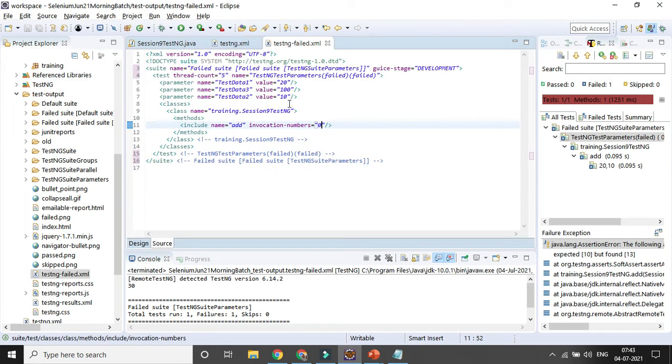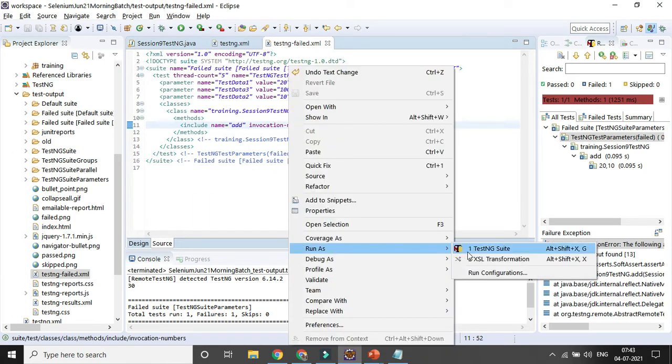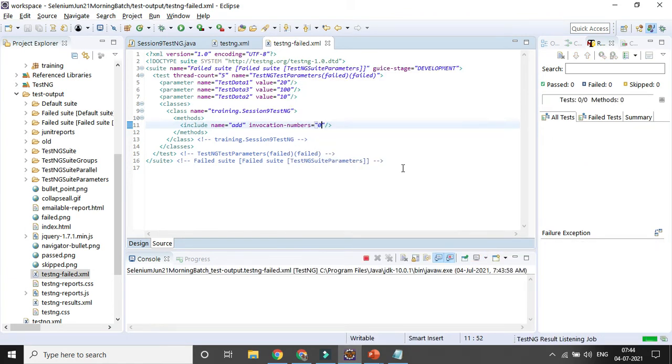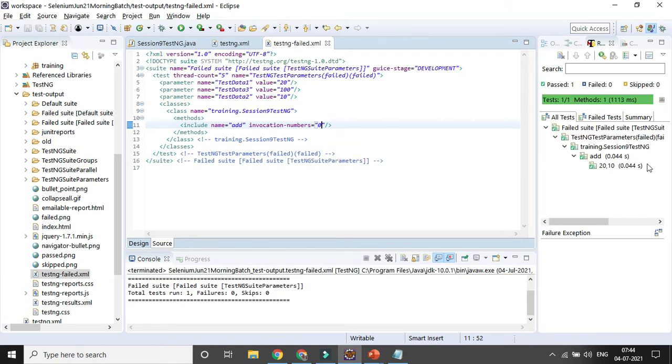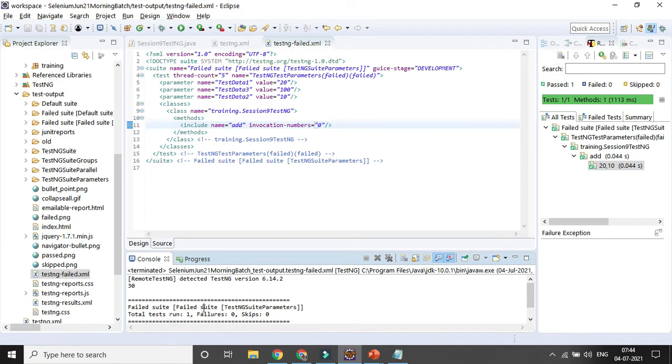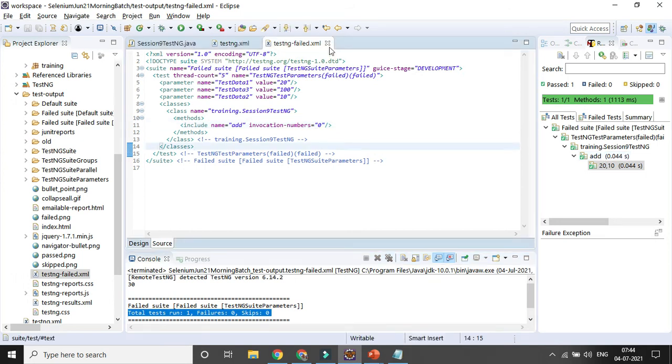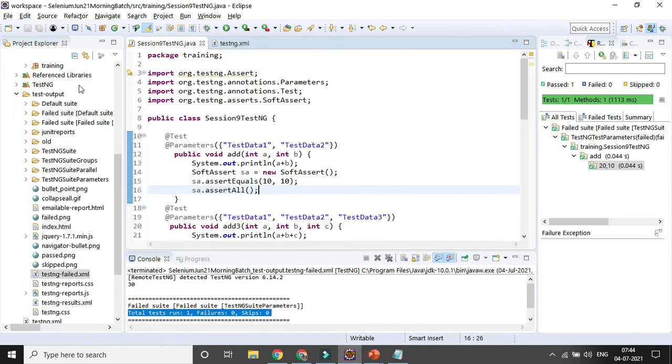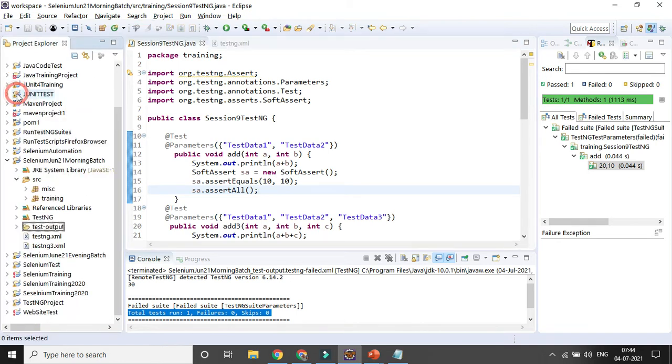So now my test case will pass; only one test case will be run, which was the one that failed in the earlier version. It is also giving you the TestNG option, but it is running only your failed test case instead of running all the test cases again and again. You can see it is fine and it has now passed. It is giving you the correct result, total run equal to 1. So that is one way you can run your failed test case instead of running all the test cases again and again.